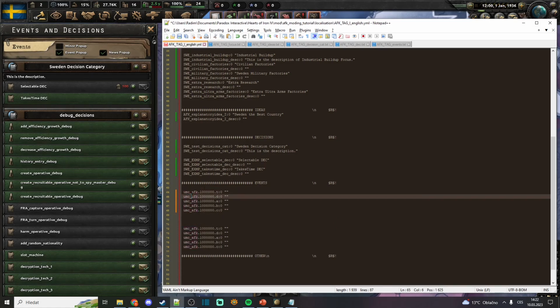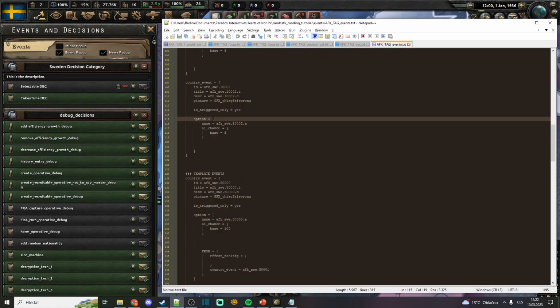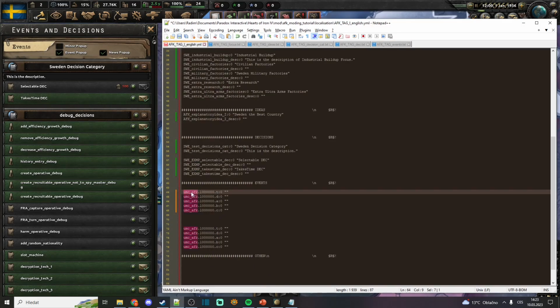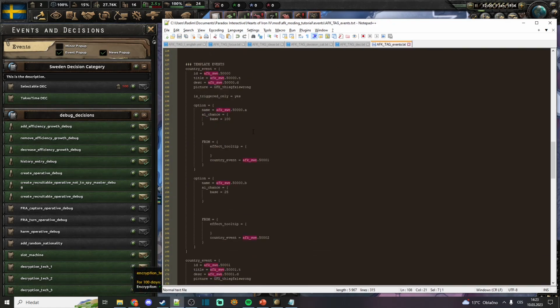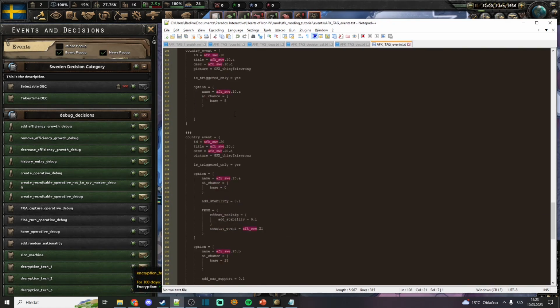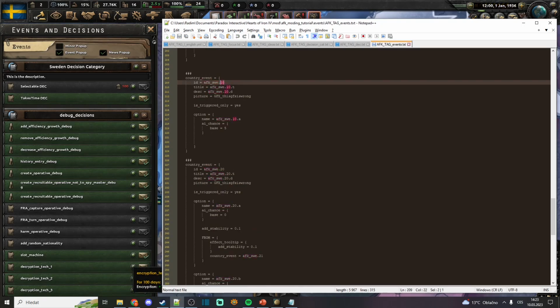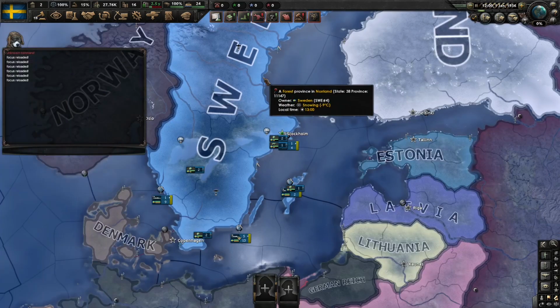You can see that again, it's the ID of that event, or the namespace, which is actually wrong here, so we have to change it because our namespace is AFK Sweden and here is UMC AFK, so we will change all of this to AFK Sweden. And now if we want to localize our event start from .10, so if we want to localize this event, which currently does nothing, when we take a look,